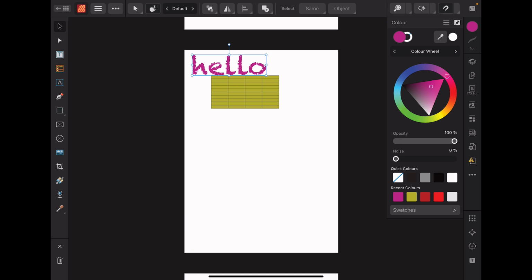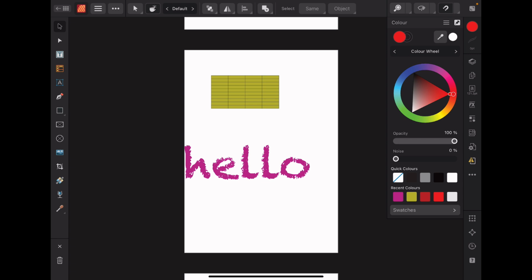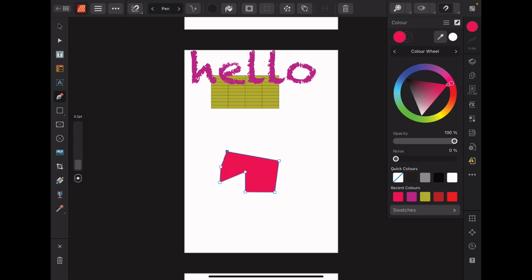So next one down below, it says a pen. Oop. We did not want to do that. Okay. Next one down below says a pen. So you just basically tap on the screen and it's going to connect all the dots in various ways to make a unique shape. At which point you can also add a color inside by hitting a color,